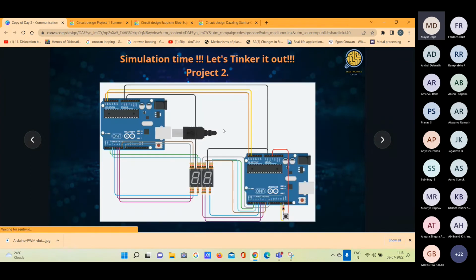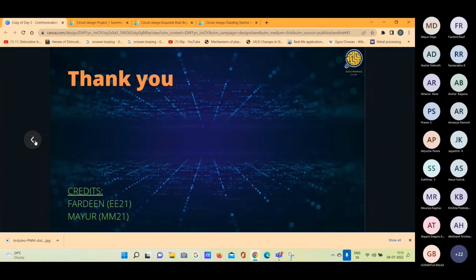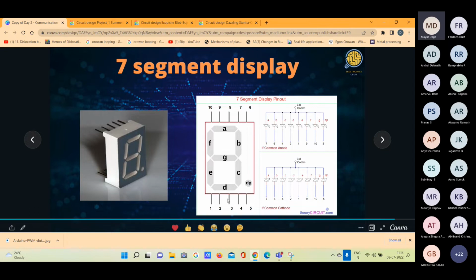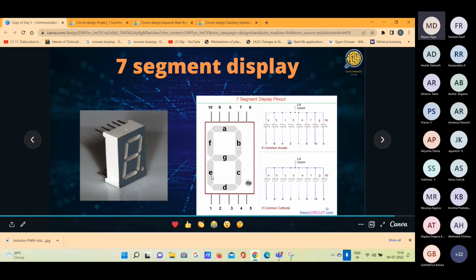Like this, the A pin stands for this. These are like this is one LED, this is one LED. These are 7 LEDs, and every pin has one output. A will have 7, B will have 6, C will have 4, and DP will have 5. D will have 3. D will have 2. E will have 1. F will have 9, and G will have 10. So